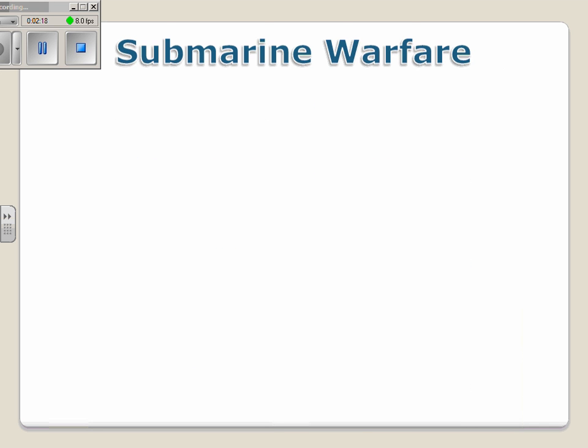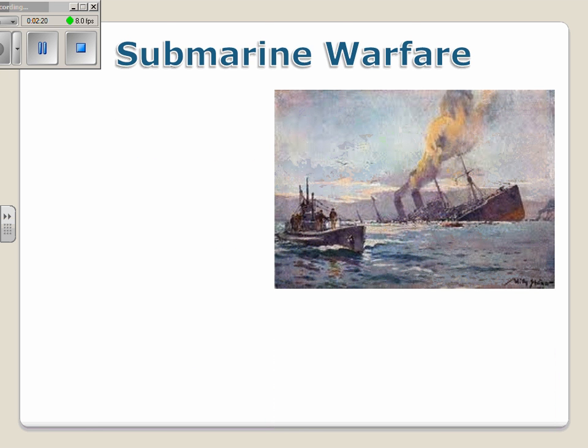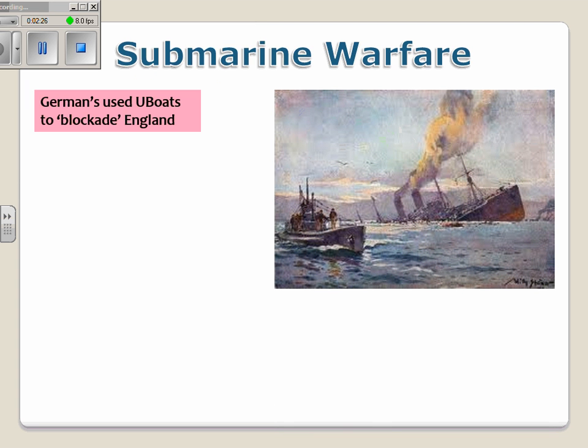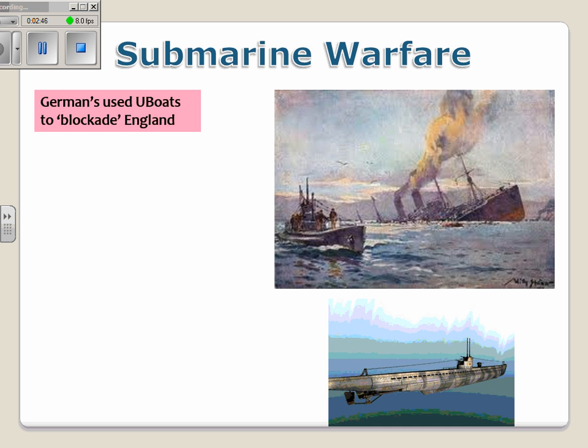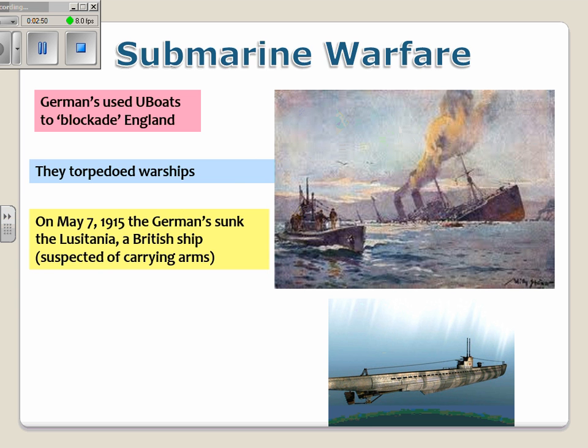All right. Now we're going to turn our attention to the war on the high seas, submarine warfare. If you're following along on our notes, this is question number 18. The Germans used new technology. They used something called Unterseeboats, or U-boats, to blockade England from gaining resources and materials. This blockade is effective. The Germans originally targeted only warships, what's called restricted or conditional submarine warfare. But what ends up happening is the Germans use these U-boats to torpedo civilian ships.